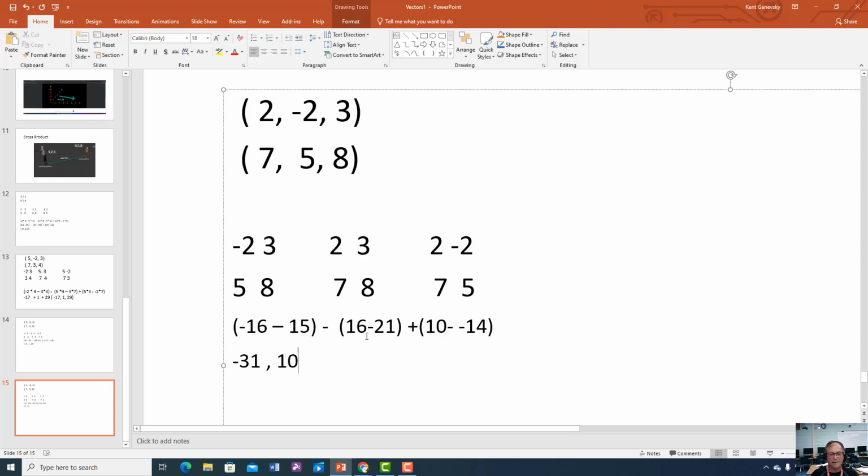So 16 minus 21 minus 5, but we have minus a minus 5. And then we're going to have 24. So that would be our answer using the dot matrix